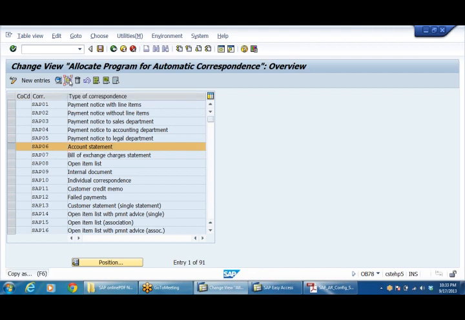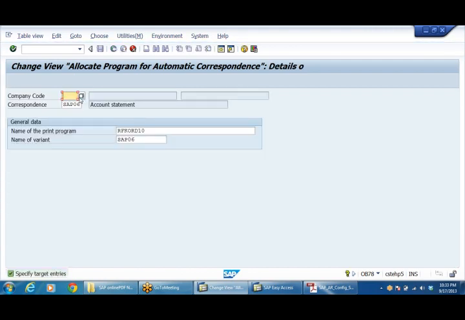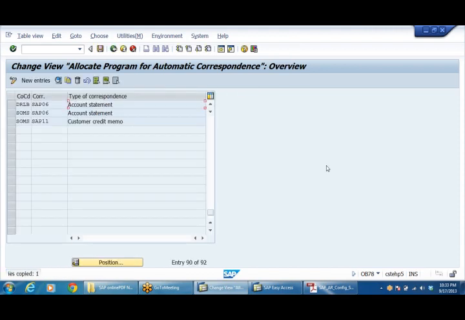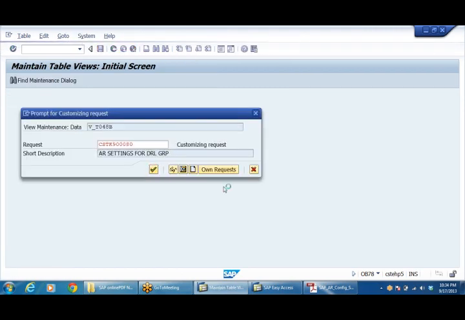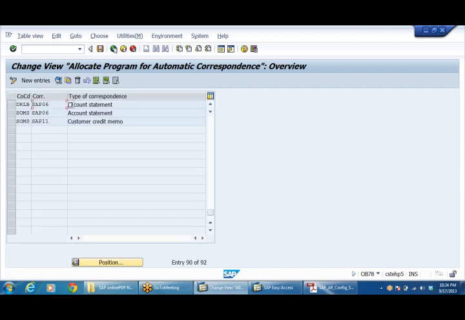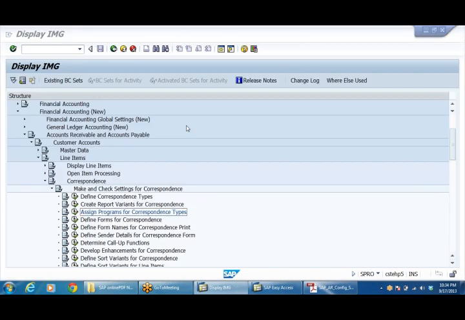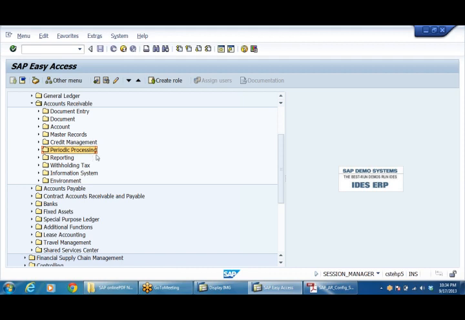I need to copy this to our company code, DRLB. Press enter. So for DRLB, SAP 06. Right, save it. Just a single step. Come back. Now I can generate the party statement.